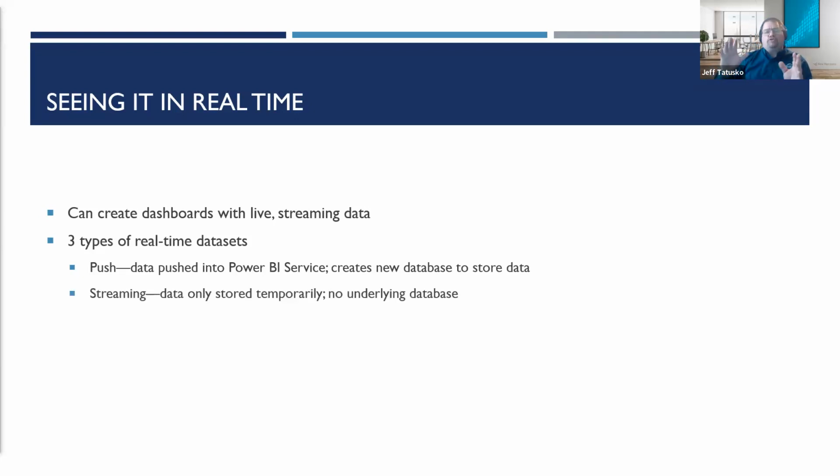Now, the quote unquote streaming data is basically a situation where you have information coming in constantly, like every second or even faster than that. If you start trying to store that kind of information, it's going to get bogged down really quickly because you're not going to have enough space to store all of that. In this case, what you can do is create a streaming data set